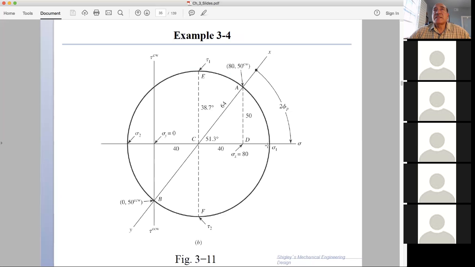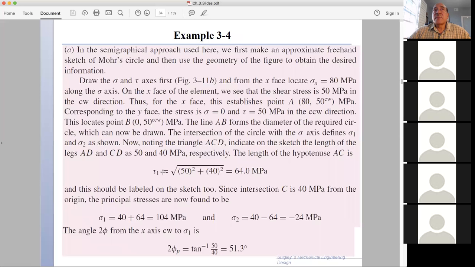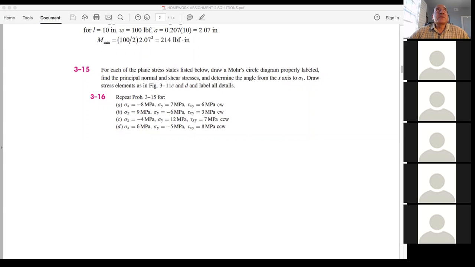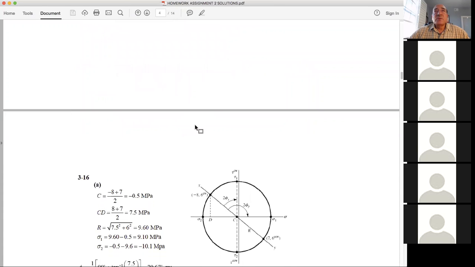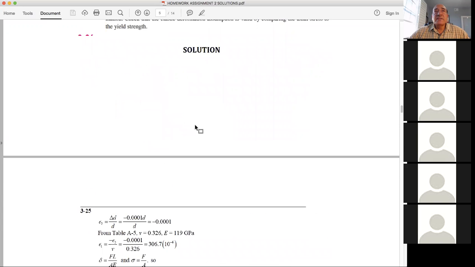And the principal stresses sigma 1 and sigma 2 are the extremes in here, according to tau 1, and we get sigma 1 and sigma 2 from this example. So this example is similar to what we have in the homework assignment, and that gives us the solution that we required here. So moving down, you're going to solve this. Moving down, we have